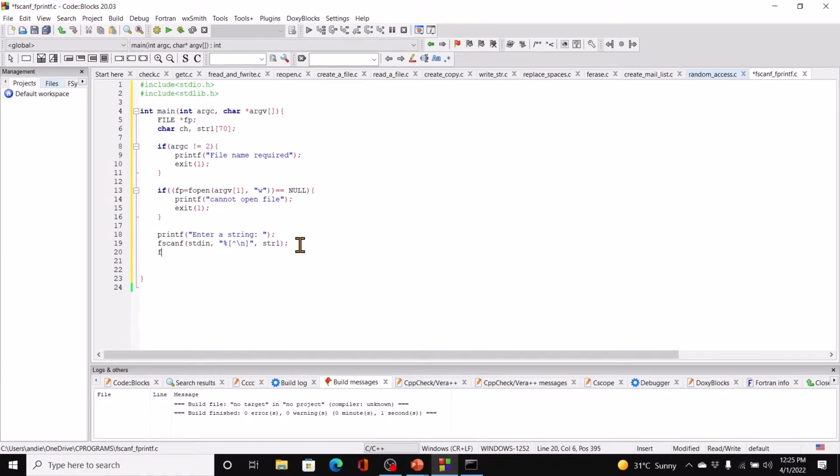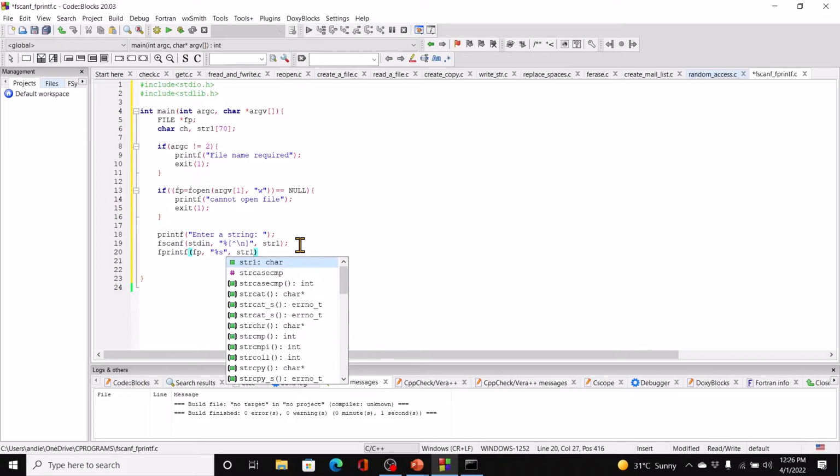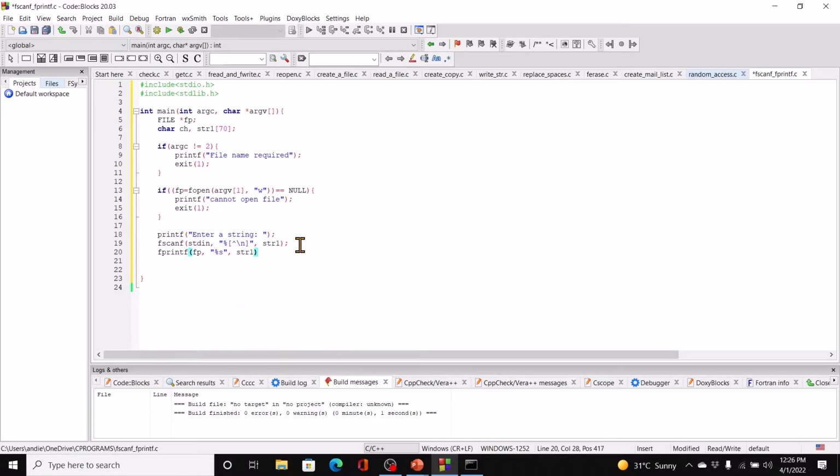Then we'll use fprintf and fp, comma, %s, again our control string, and of course str1, right? And then of course we need to close the file, so fclose(fp), right? So let's run this now, but of course we need to build this here because we run it from